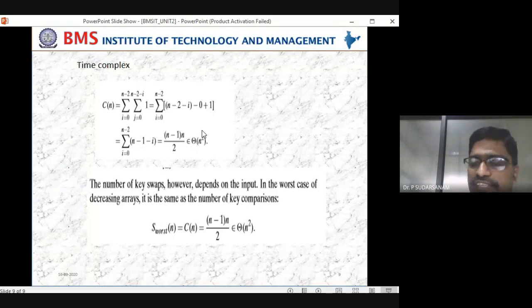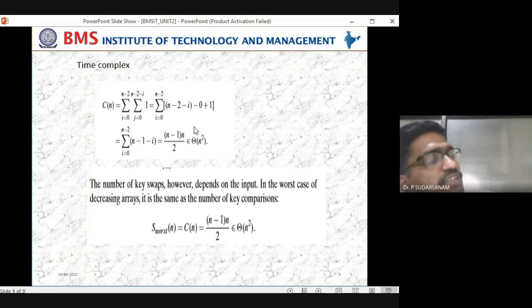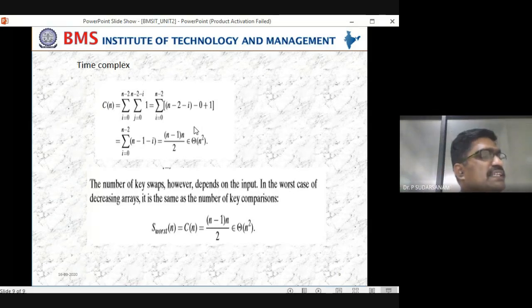I have solved it using handwritten notes only in the first unit. So you have done that one also very clearly. I told you double summation of 1. So the summation equation I also have on that paper. Summation i goes from 0 to n minus 2, summation of j goes from i plus 1 to n minus 2. So if you substitute that one also, you will be getting n minus 1 minus i. So the same equation you can see in your notes.